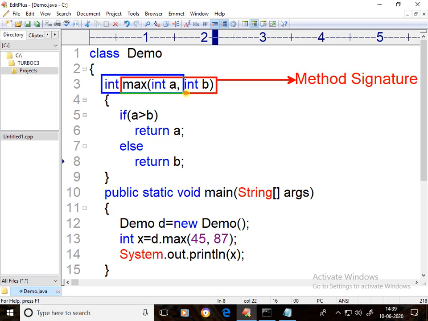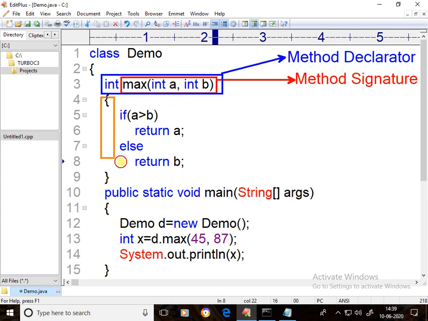Method name and arguments is called the method signature. Return type and method signature is called the method declarator. Open brace to close brace is called the method body.